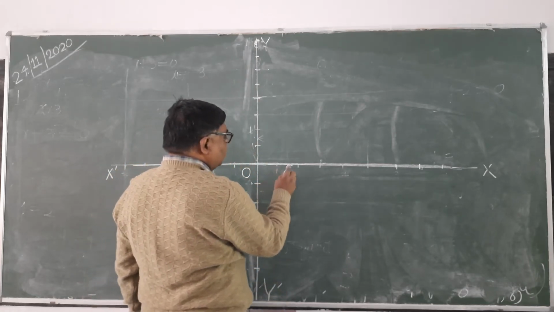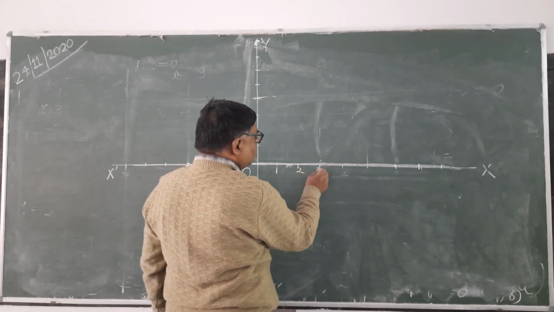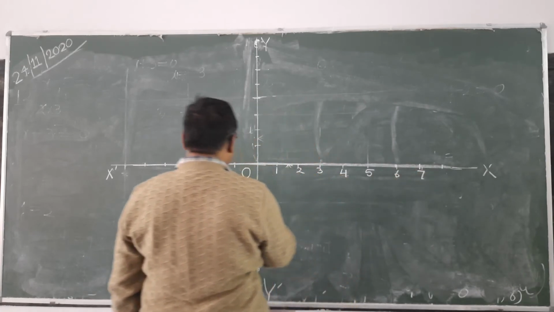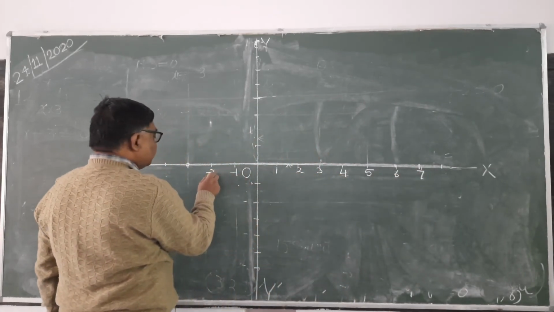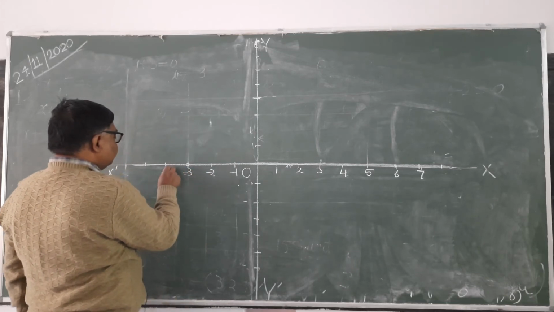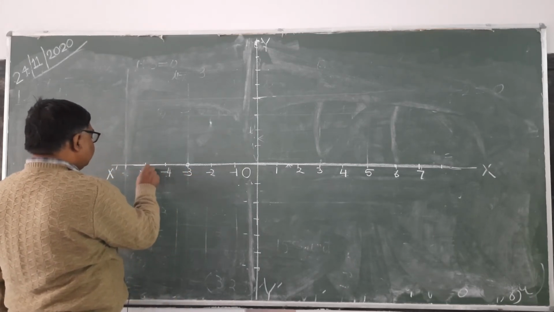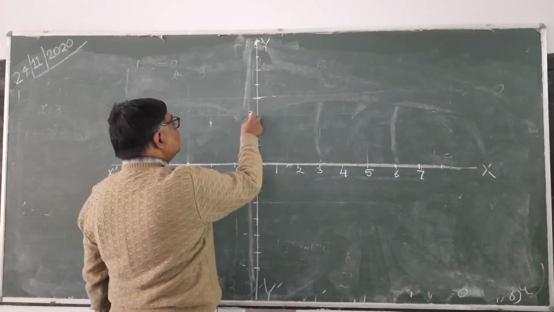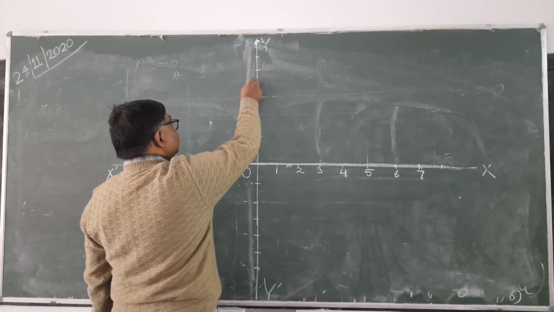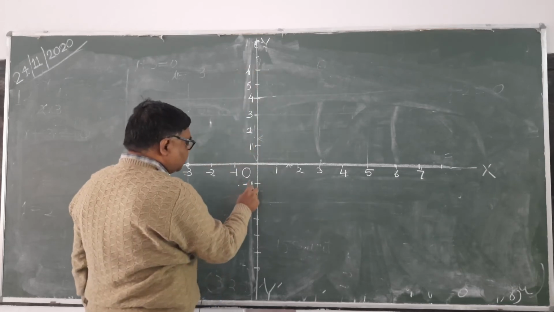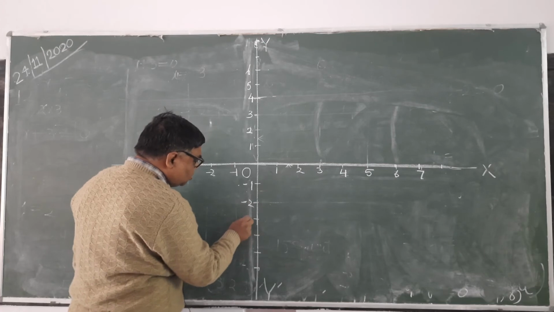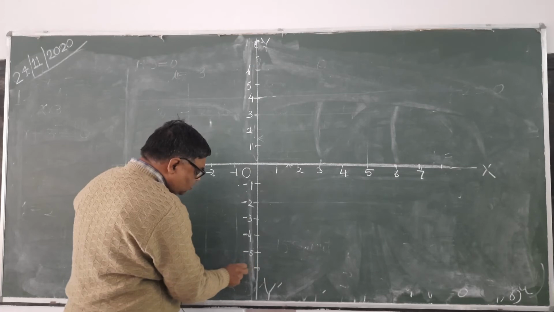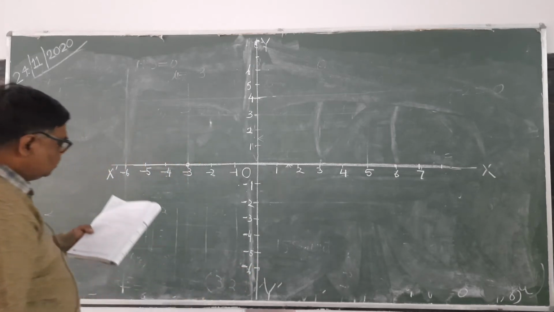It will be 1, 2, 3, 4, 5, 6, 7, minus 1, minus 2, minus 3, minus 4, minus 5 and minus 6. 1, 2, 3, minus 1, minus 2, minus 3. Now you can see here,